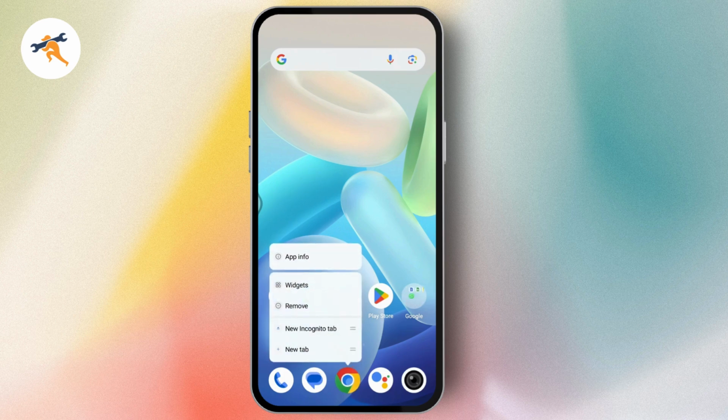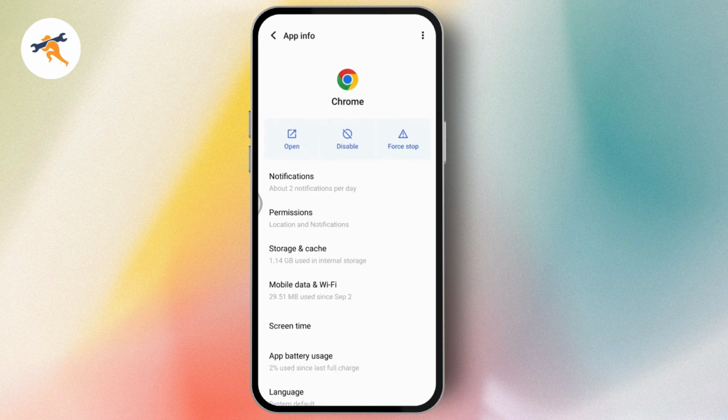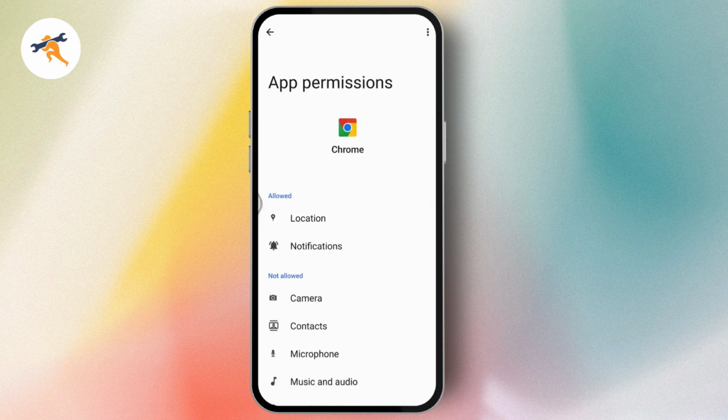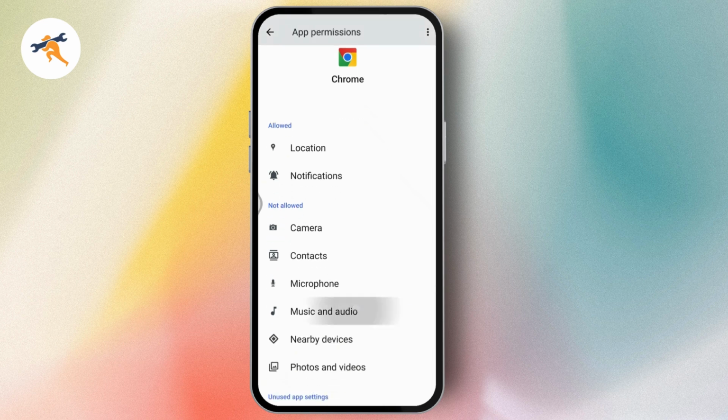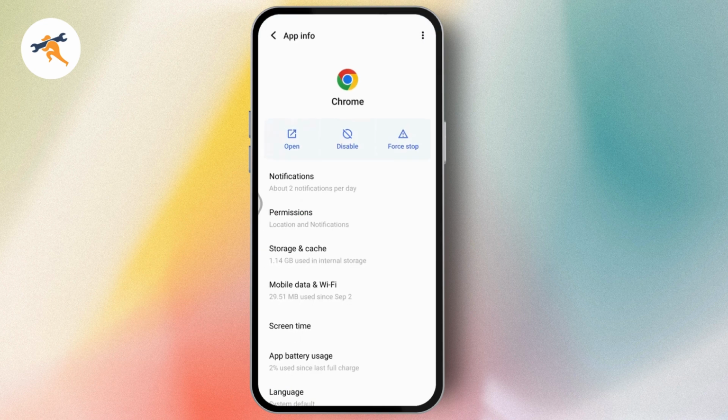Tap and hold on to your Google Chrome, go with the app info, and here make sure that you've turned on the notifications. Once you turn on the notifications, go with your permissions and make sure that you've allowed the permissions, which is location and notifications. You can also go with music and audio, photos and videos and everything, and you can allow the notifications or